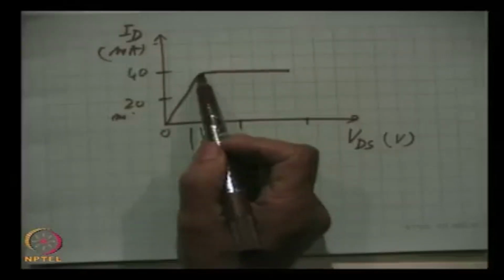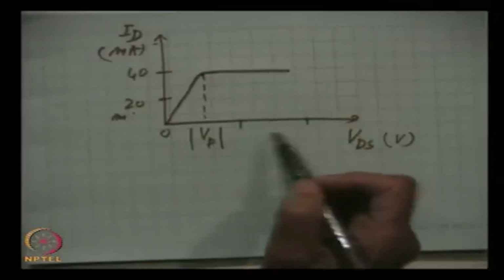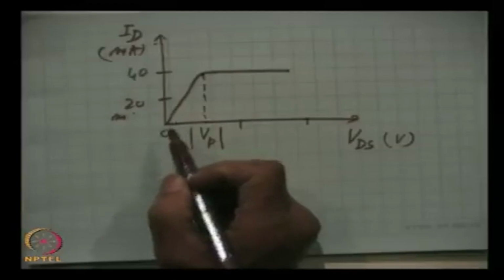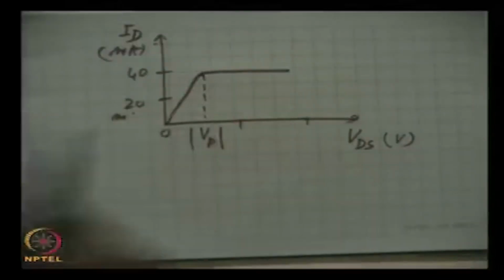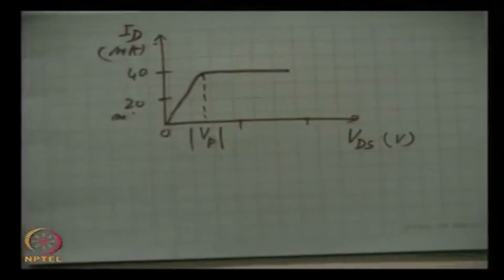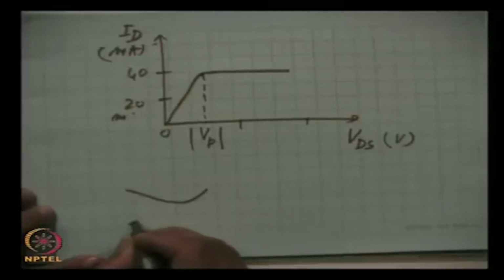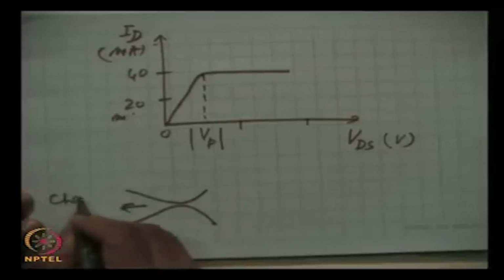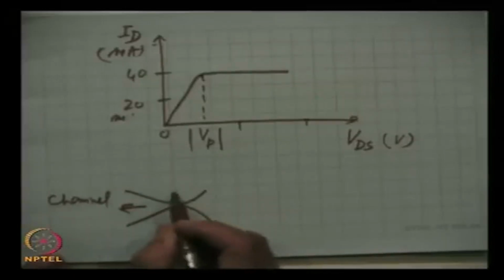Now, you may ask that once the pinch off has occurred, why is the current constant? By further increasing this voltage, why is the current not increasing? Very valid question, and let us try to understand this again. Once at this point the pinch off has occurred, this is the channel through which charge carriers are flowing to form the current. Now, this is the depletion region,